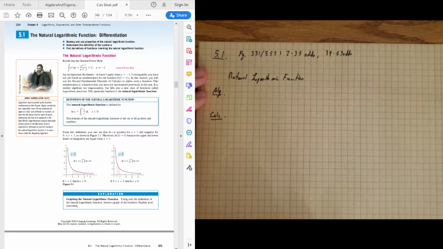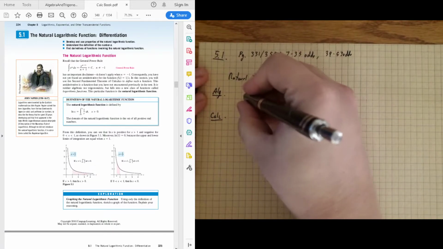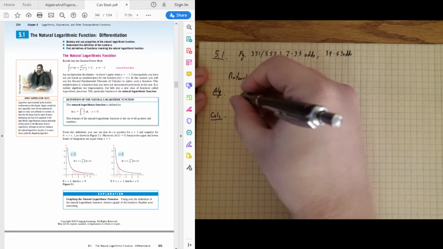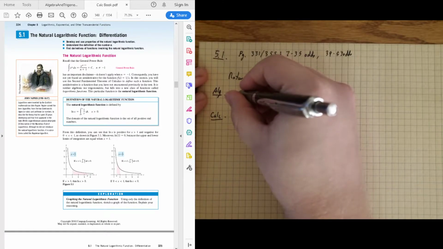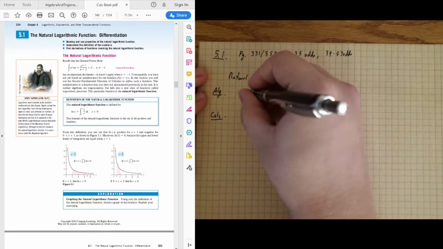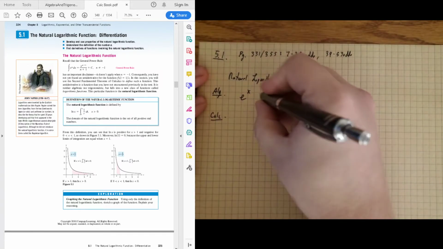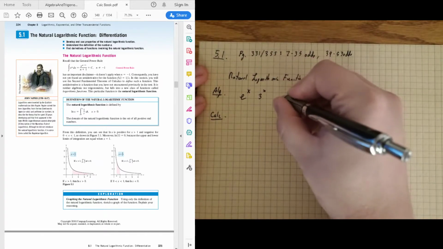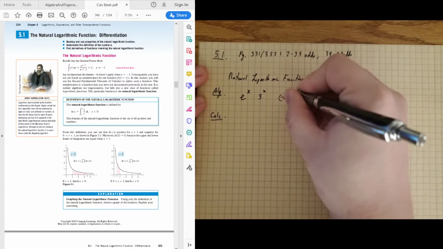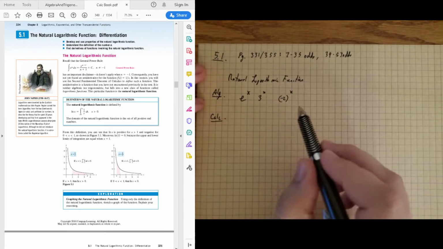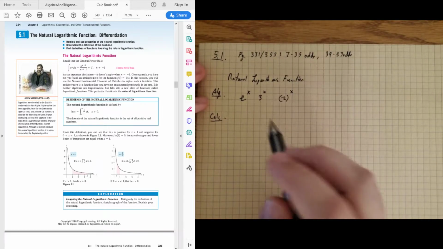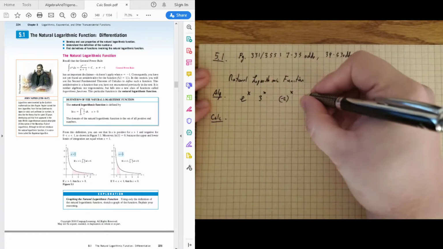To talk about the algebra way is a little bit harder because it really doesn't fit very well. So we talk about in algebra how we have exponential functions like e to the x power or 3 to the x power or negative 2 to the x power. And we talk about how these functions interact. We talk about how they work. And then we talk about how we can use an inverse